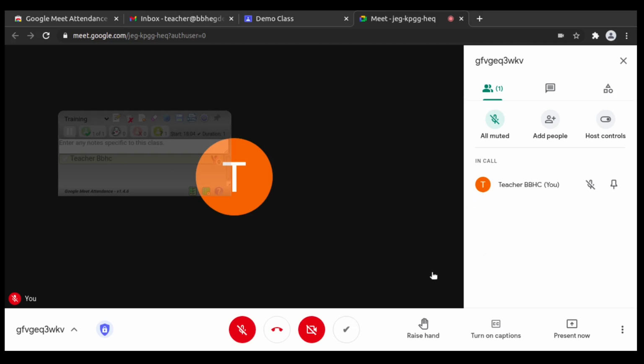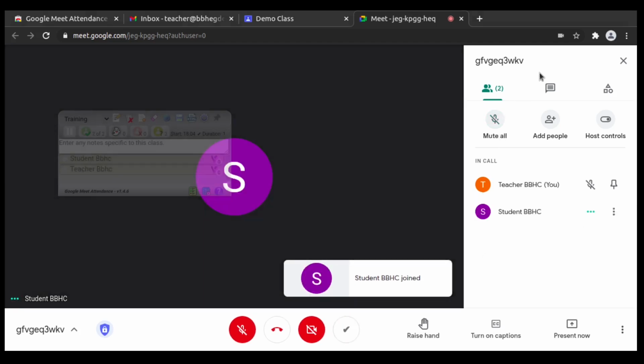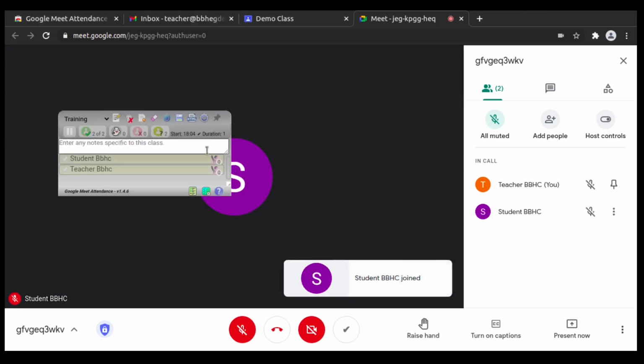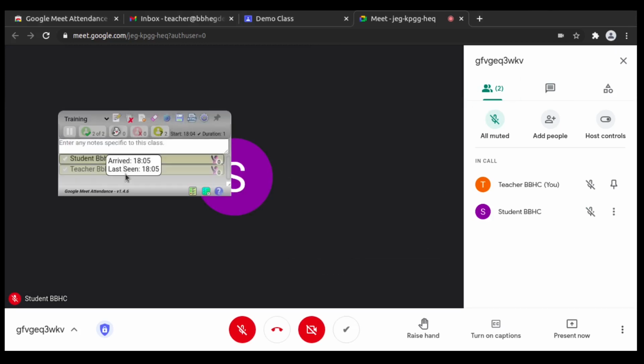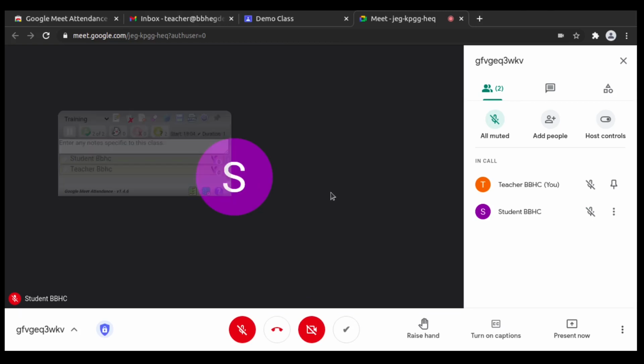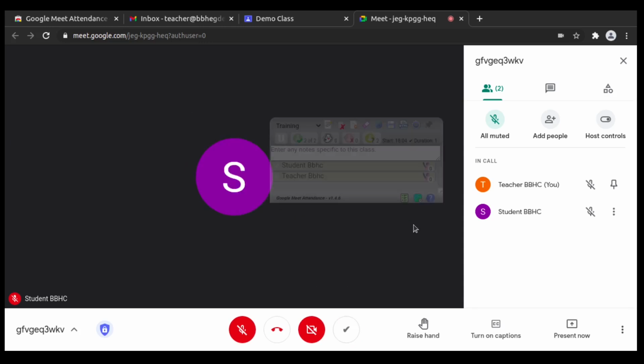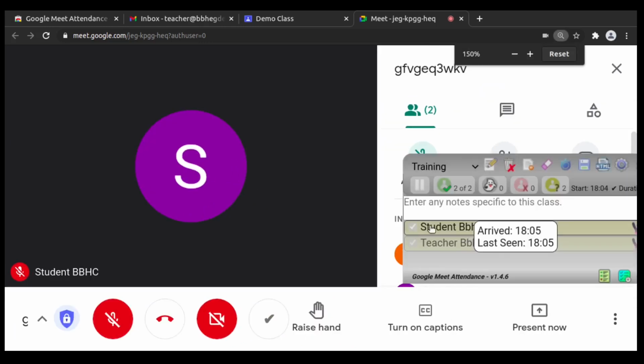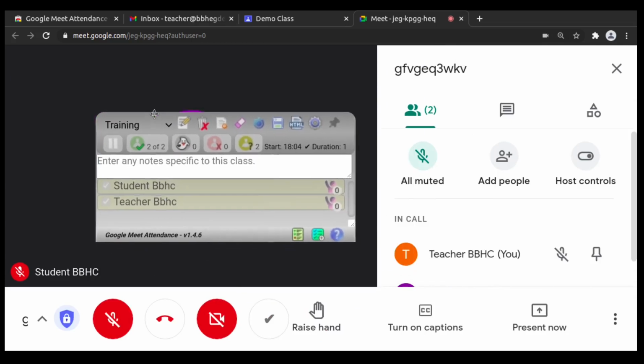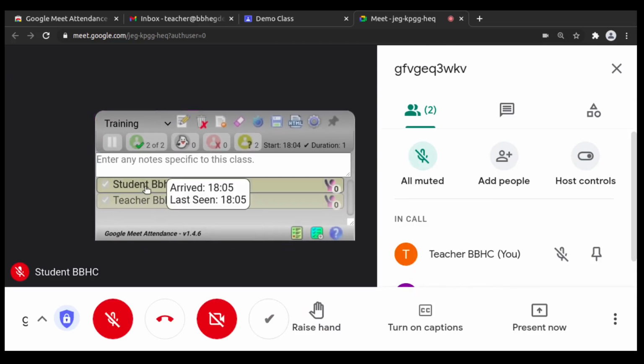So as soon as a student joins the meeting, he gets listed out in my attendance. Note that the student has already joined the meeting and the attendance says the training class has these students. I just zoom in so that it's clearly visible. So the student arrived at 1805, the teacher arrived at again 1805, and similarly if I have 50 students, I can view